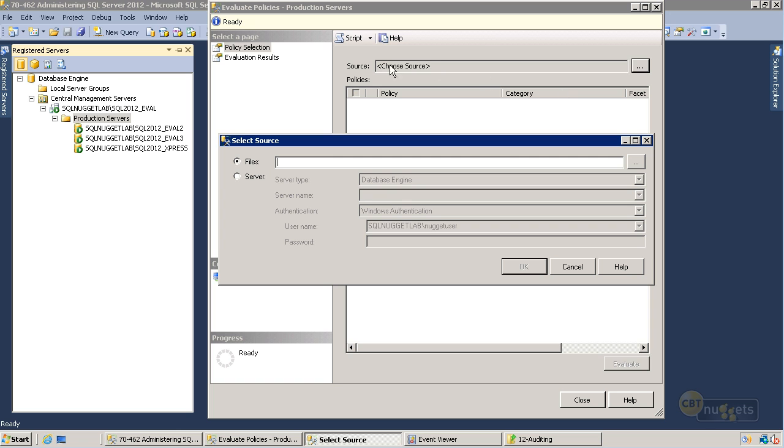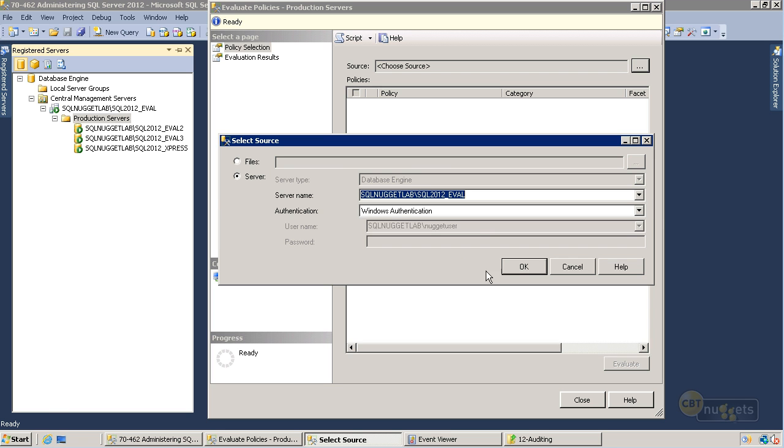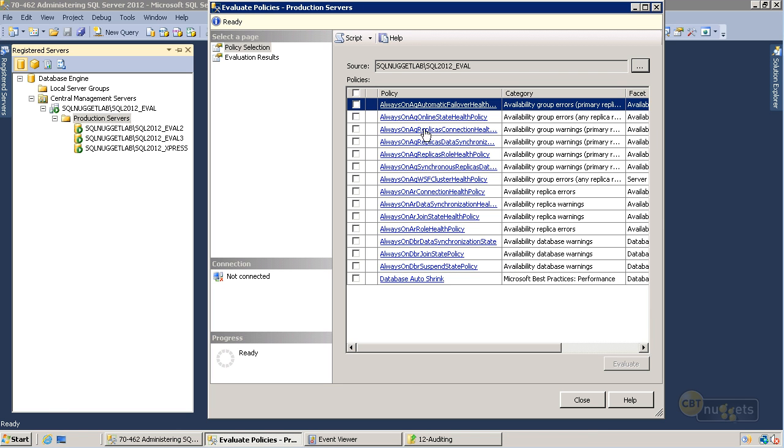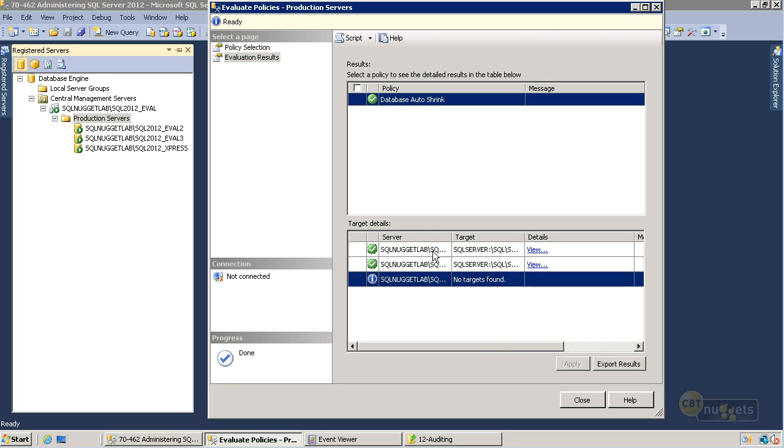And the only thing we really need to do here is choose our source. So we can browse to a policy file, or we can grab a policy off an existing instance. So I'm just going to choose our eval instance just to show you here, and this will give us all the policies on that instance. Let's choose database auto shrink, hit evaluate, and now it's going to run through all the databases on all of